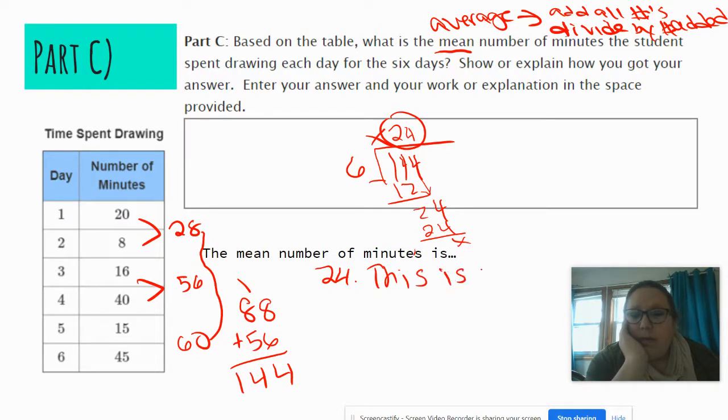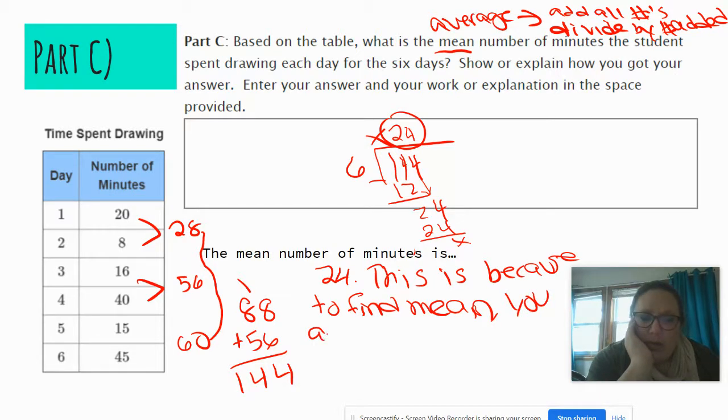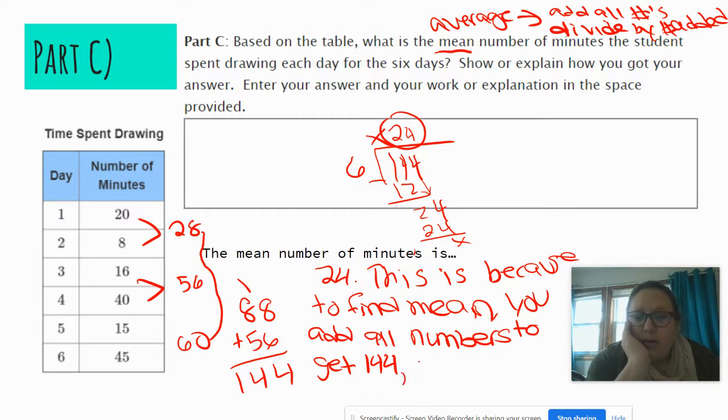This is because to find the mean, you add all the numbers to get 144, then divide by 6 to get 24. And I should put we divide by 6 since we